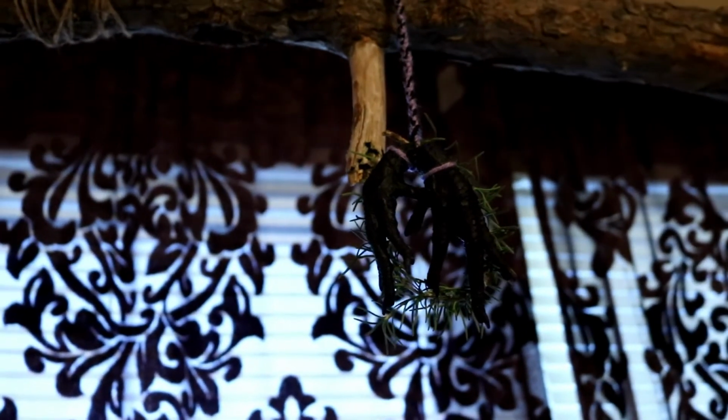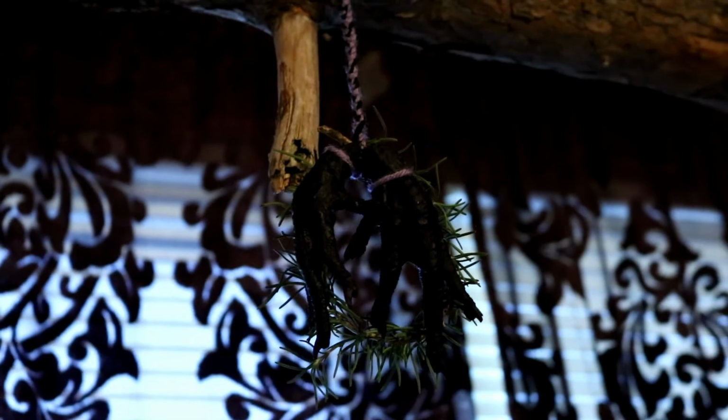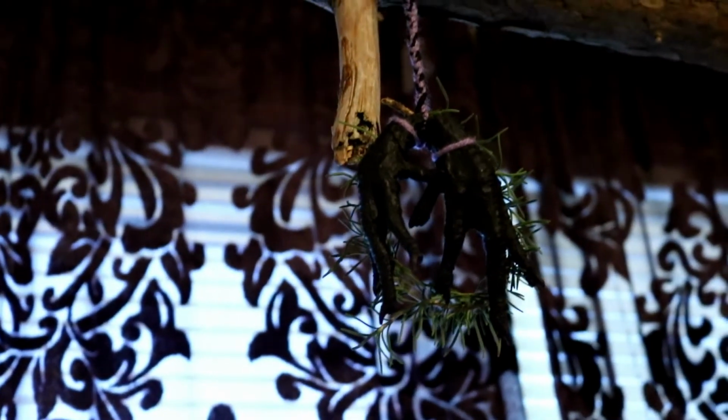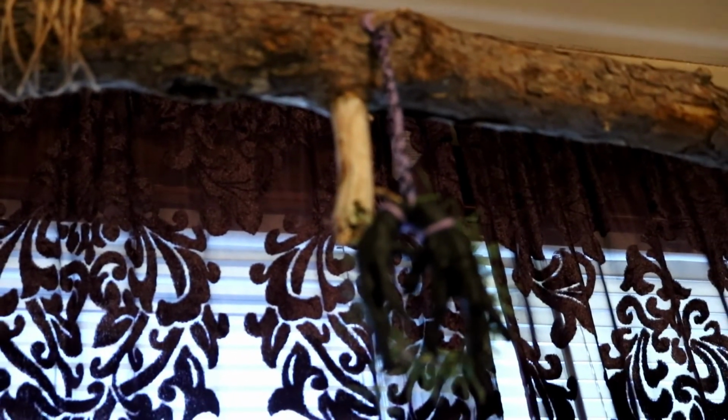I did it a little different than the way I did my son's. I put the wreath behind the chicken feet, purple and black for protection against negative spiritual entities, and